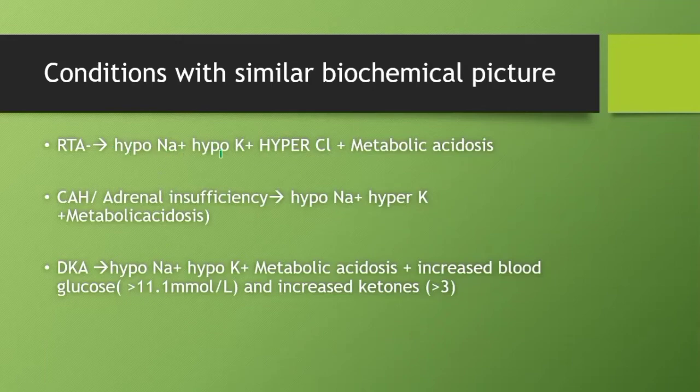So they'll give you a blood picture where a child has come to you with hyponatremia, hyperkalemia, and metabolic acidosis. Then you have to select adrenal insufficiency, because in adrenal insufficiency there is deficiency of aldosterone. Whenever aldosterone is not there, there will be hyponatremia, hyperkalemia, and metabolic acidosis. This is how they present to you.